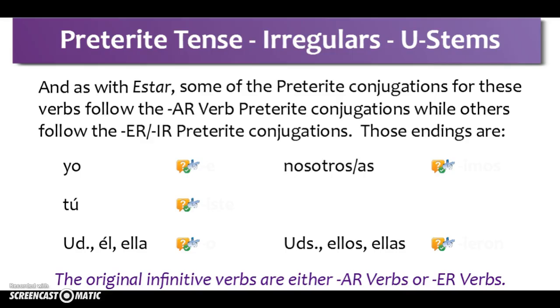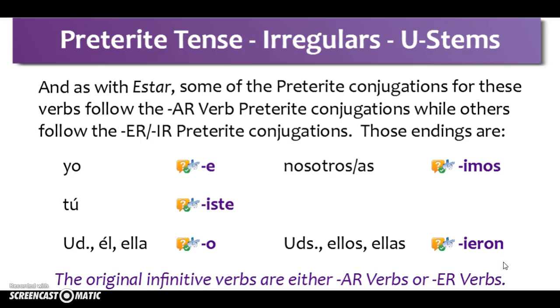As we saw with estar, not only are these verbs irregular due to their U stem change, but also for the fact that some of their conjugation endings follow the AR preterite pattern, while others follow the ER or IR endings. So let's take a look at just the endings in this case. For yo, e, for tú, iste, for usted, él, and ella, o, for nosotros and nosotras, imos, and for ustedes, ellos, and ellas,